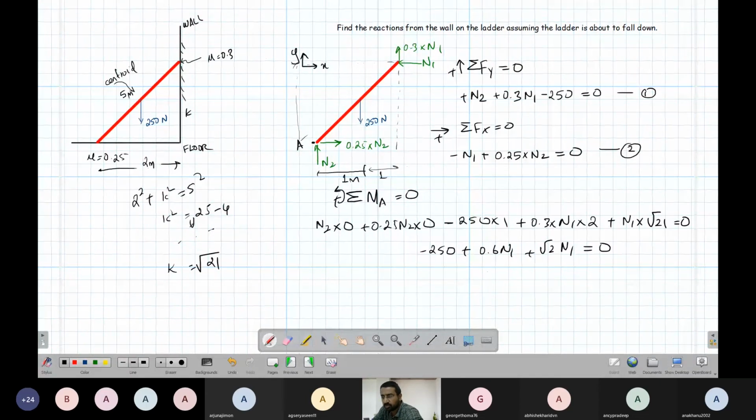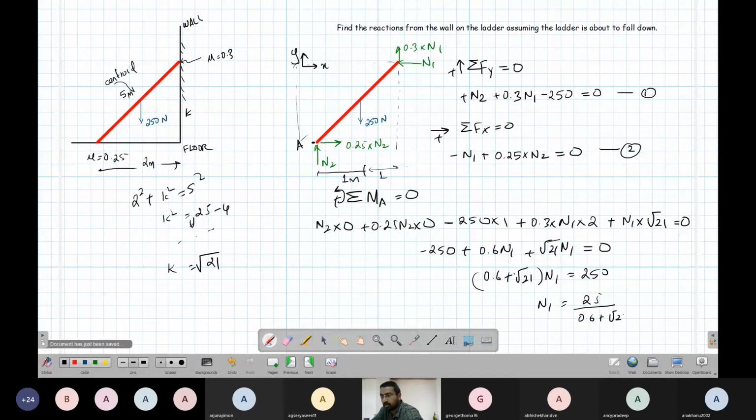Okay. So 0.6 plus root 21 times n1 equal to 250. So that means n1 is equal to 250 upon